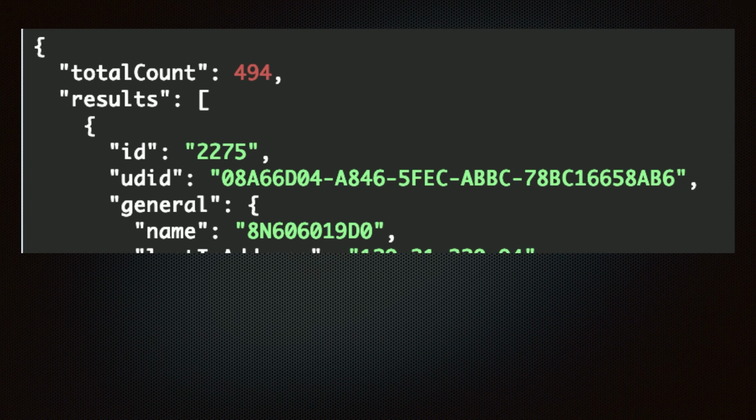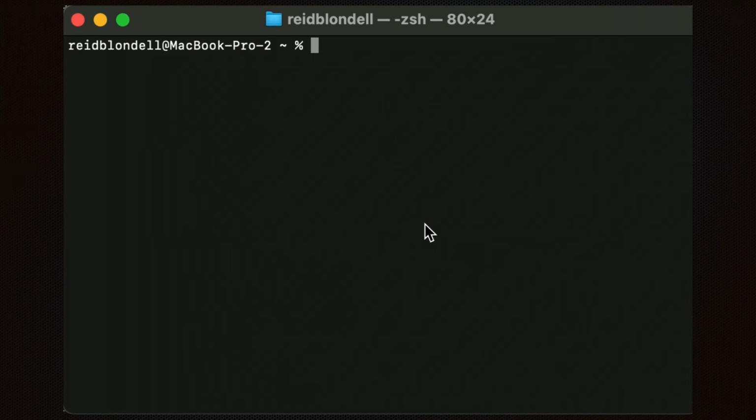Here's an example from the Jamf API. It tells us how many total results we should expect, and we just have to keep requesting pages until the number of results equals the total. Both the examples we looked at so far include the pagination information in the results. Some other APIs send the pagination data in the response headers.